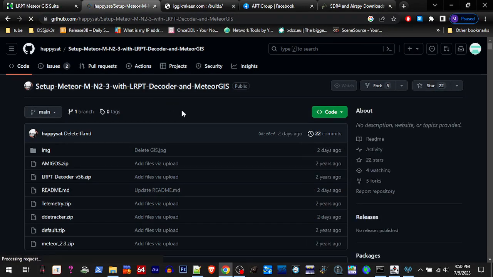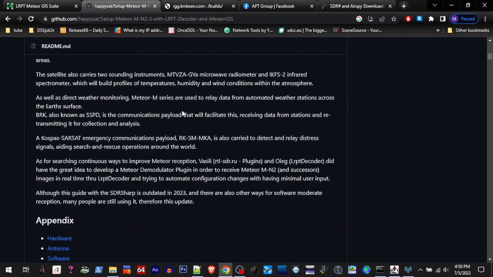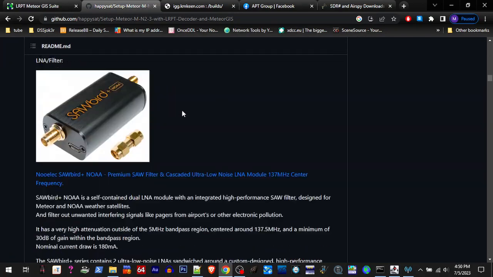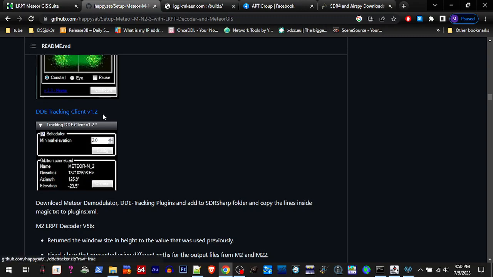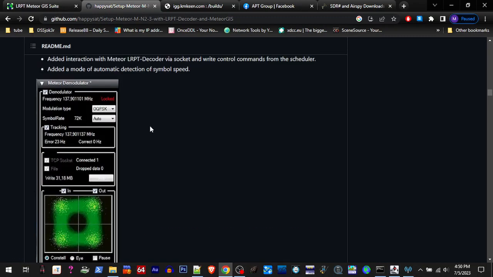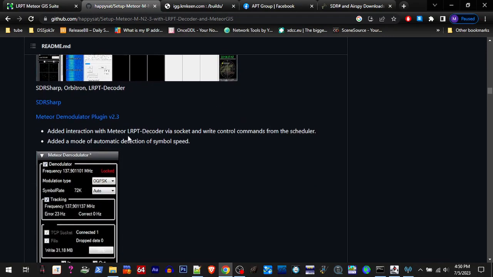This is what was getting me earlier because I thought I got it from here. If you scroll down to software, it's got a download for the Meteor Demodulator plugin and the DDE tracking client. Well, the tracking client loaded fine in SDR Sharp, but I kept getting plugin errors for the Meteor Demodulator. And then I remembered this is what I went through when I was originally plugging away at it. And what you end up having to do is